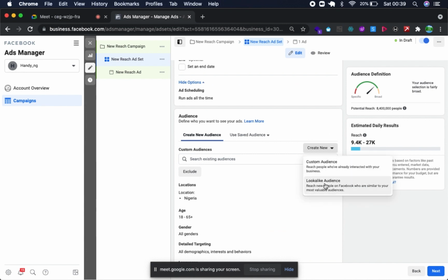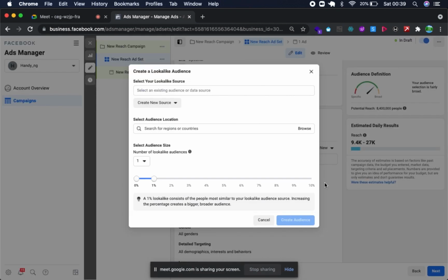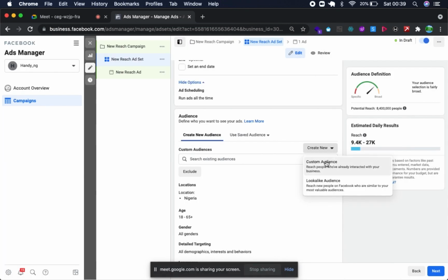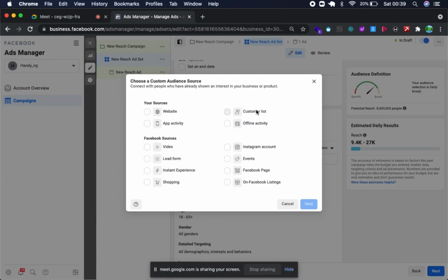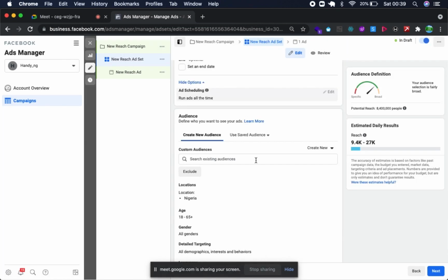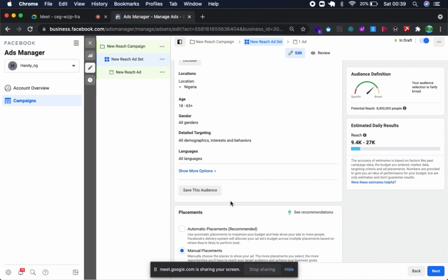There's also lookalike audience. A lookalike audience is when you already have an audience source. It can be a custom audience that you have made before. Custom audience can include things like pixel: audience from a website, audience from an app. You can even upload a list yourself, audience from a video, audience from a lead form, and the like. There are a lot of ways of getting an audience, but the most popular are page, website, and app activity. For websites, you use Pixel. For app activity, I think they have their own APIs that you can add to your website. So I'm basically going to be creating an audience directly from it.